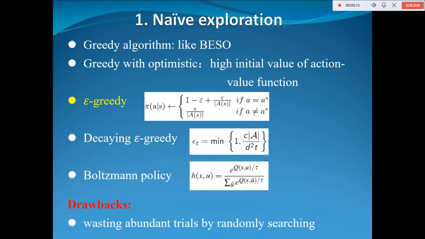First, let's talk about naive exploration. Those algorithms all belong to it. The reason why they are called naive is that the exploration is random and can be easily implemented. As a result, they will waste abundant time during the random search. Epsilon greedy is the most representative method, whose idea is mostly choosing the best action at the moment, and sometimes